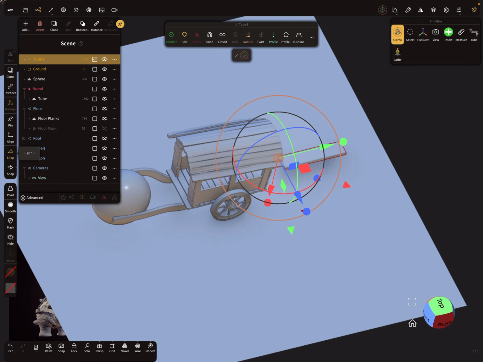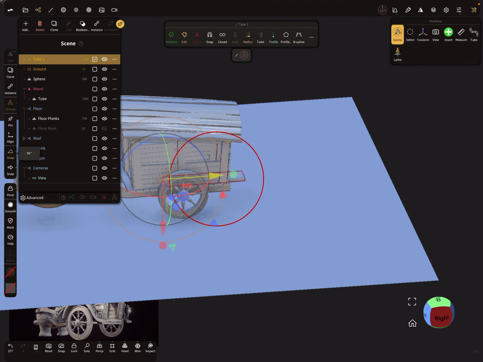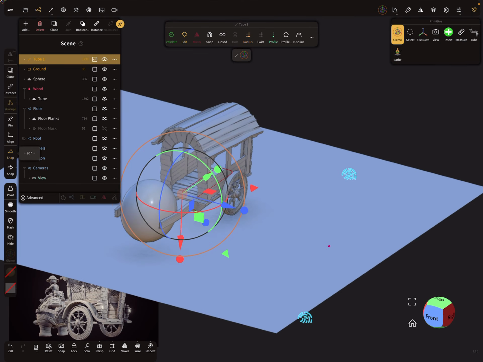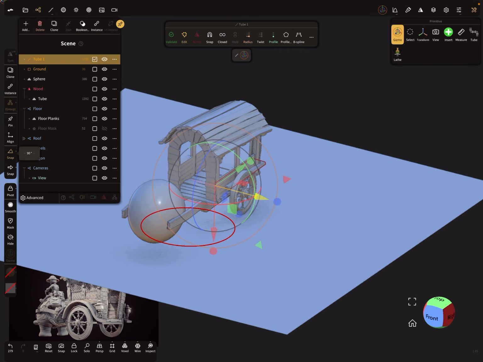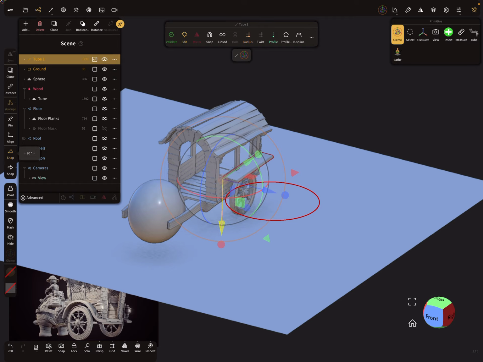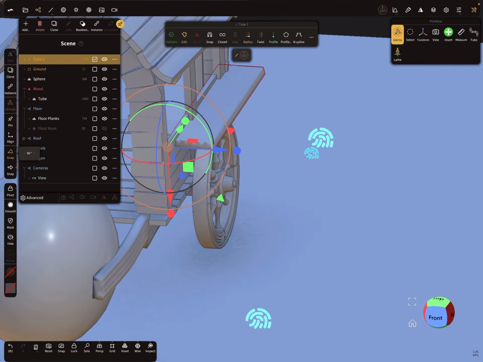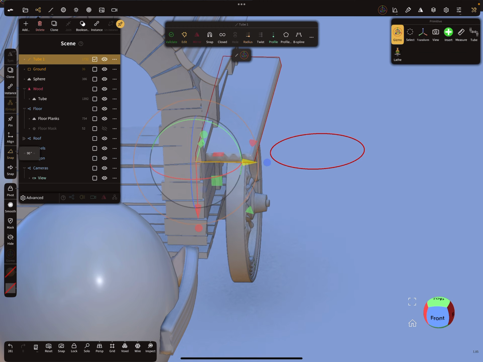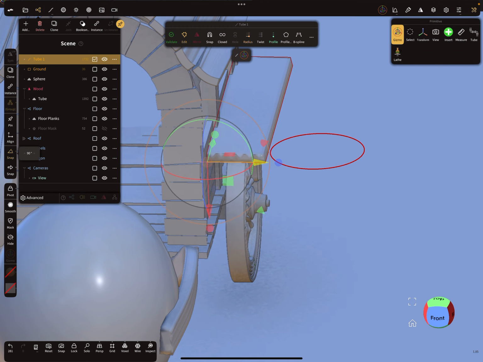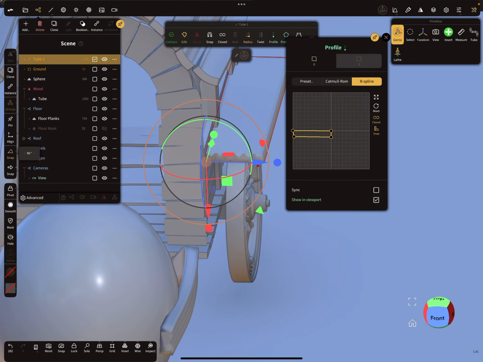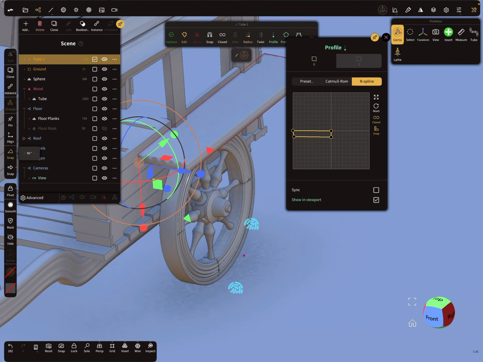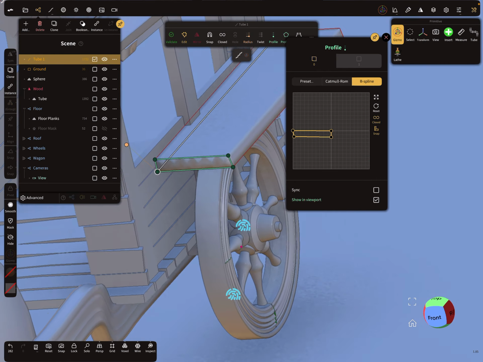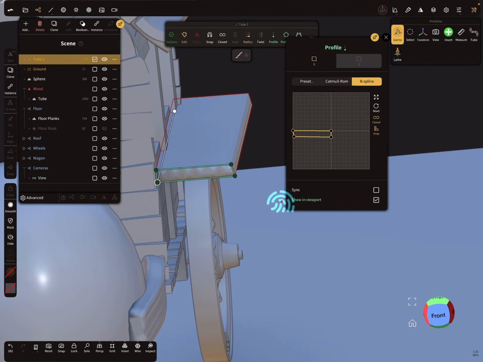So I rotate it. And bring it here in position. Where's my viewport? It's a little bit too much. Maybe like this.